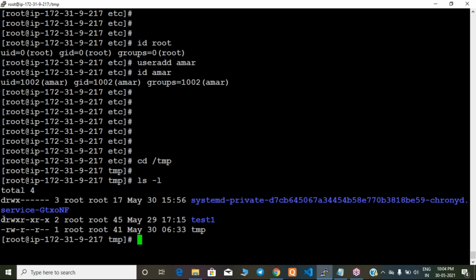So based on this property, I can say, guys, whether this is a folder or a file. So D stands for directory. See, so test1 is a directory. Based on this, I can identify. Can you highlight the one below? A hyphen is there, right? First property. So it is a file. It is not a directory, guys. So based on this property, only the first property, not the total.